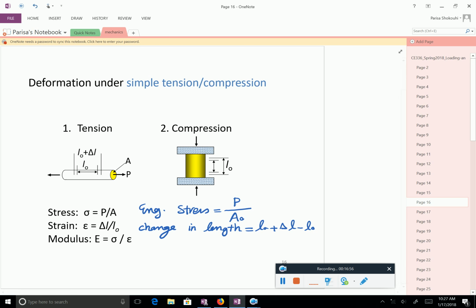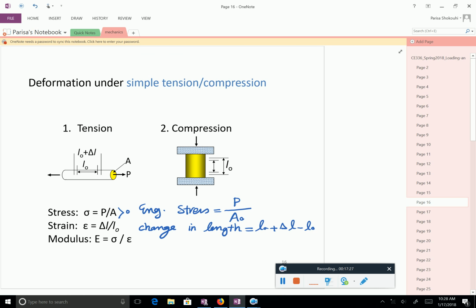This is in tension. So as you see, we said stress, if it is tensile, we use positive numbers. And you see that the bar is elongated. So automatically, the strain is also positive. We get back to that in more detail, but you probably remember from mechanics of materials that if the material